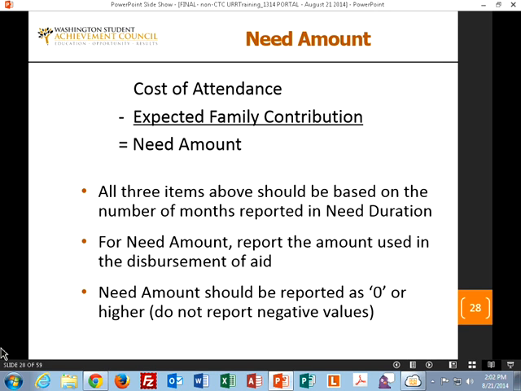But if it was not, then it will show up as an edit there that something is not working properly to come up with this equation here. So that's why we're saying take care that all three items are based upon kind of the same philosophy of, if this was based upon 9 months, all these are based upon 9 months. If they're all based upon 6 months, they're all based upon 6 months so that the symmetry in terms of the calculation works properly.